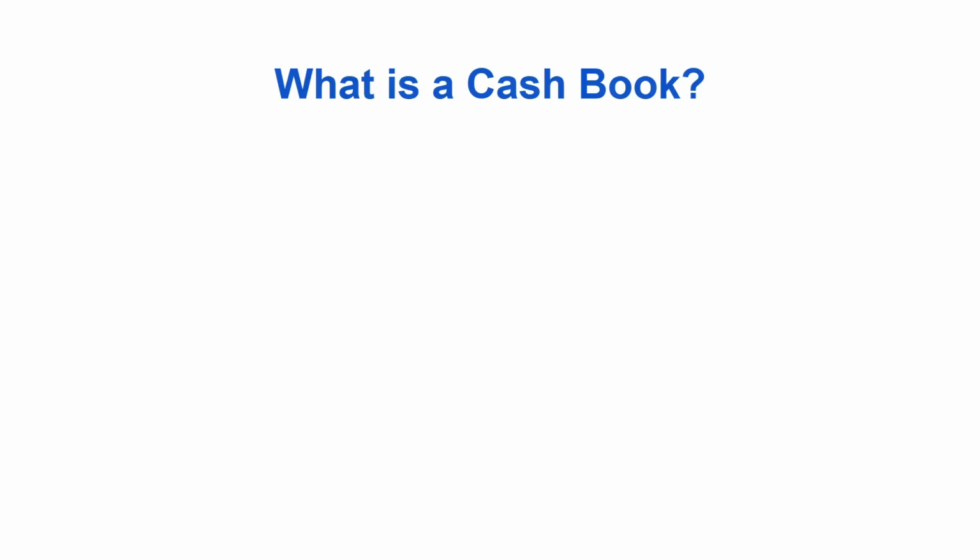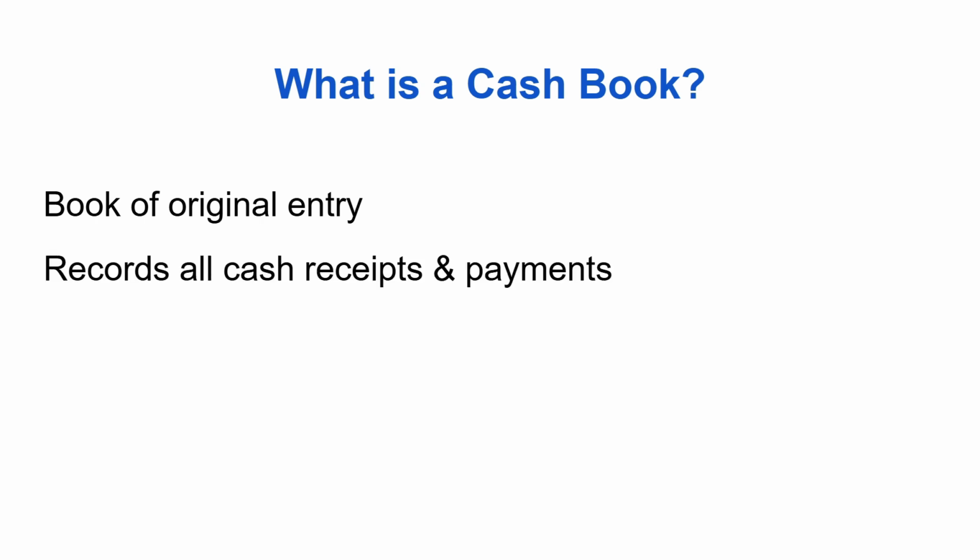What is a cash book? Let's begin by understanding the cash book from the very basics. It is a book of original entry, records all the cash receipts and payments. And it is both journal and a ledger. That means a cash book is a book of original entry, which is one of the first books in which businesses record transactions. In simple words, every cash receipt and every cash payment that happens in a business is recorded